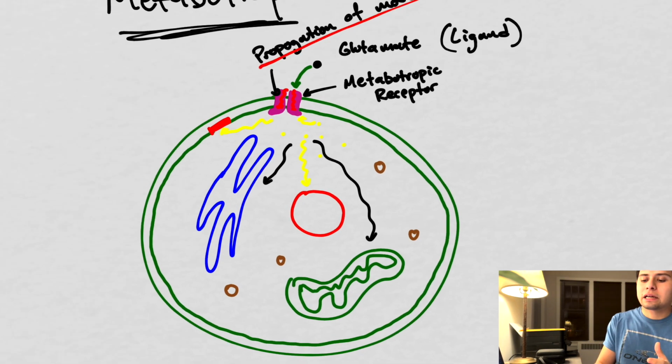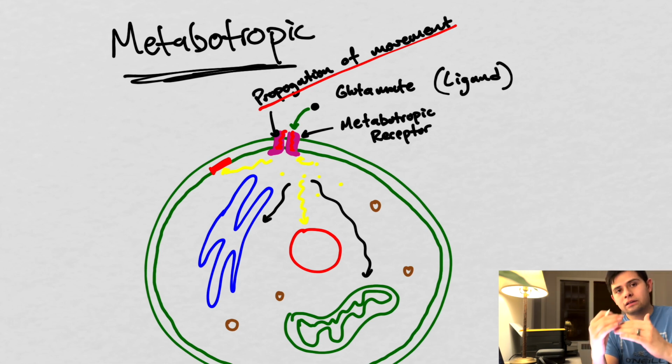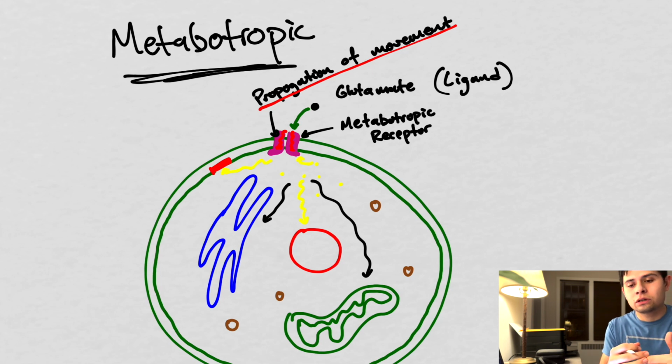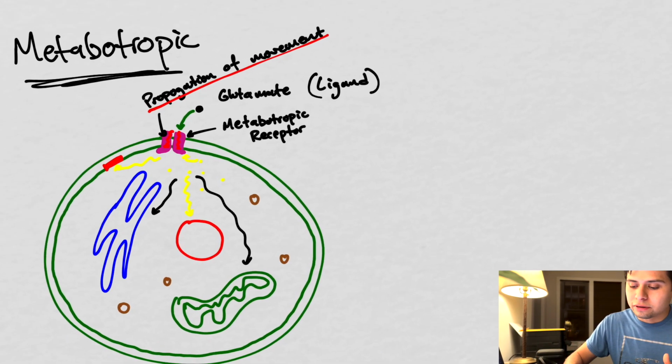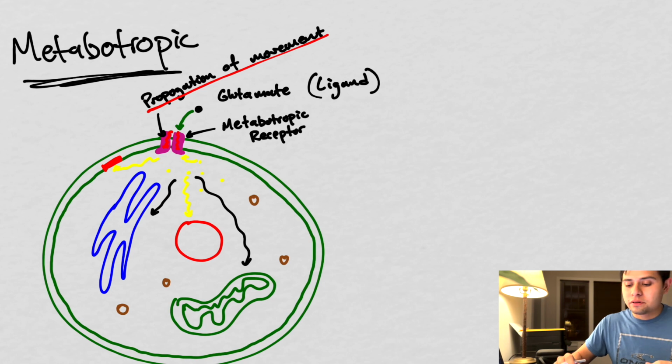So the idea again is the ligand binds to the receptor and changes its conformation, and the conformation change is sort of the means by which things start to happen in the cell. Now, what about ionotropic? So I went on this long rant about metabotropic receptors. An ionotropic receptor will,